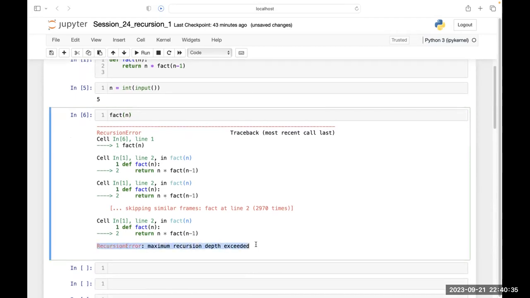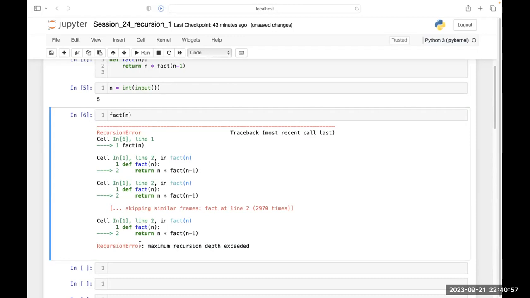Maximum recursion depth exceeded. See, there is a limit to the depth of the recursion, otherwise Python will go on. This depth is approximately, I suppose, 1000, and sometimes it varies from system to system.